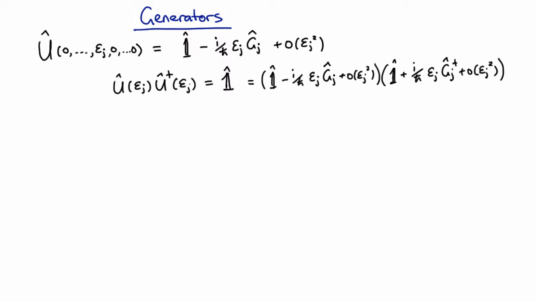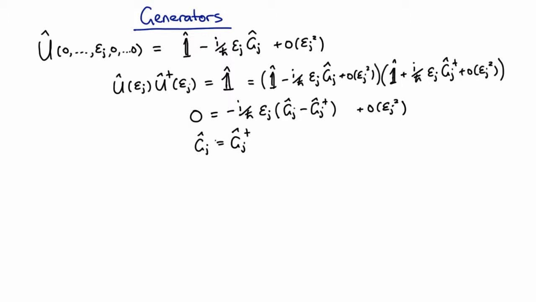So the 0th order is in fact the identity equals the identity, so that works. The first order, on the left-hand side, we have 0. On the right-hand side, we have, and indeed there are higher order terms that are also 0 there, and there are higher order terms here that are not necessarily 0. But this clearly shows, since this has to be true to first order, that this thing here in the brackets has to be 0, or in other words, that it's Hermitian, the generator is Hermitian. Being Hermitian, the generators are candidates for being observables,